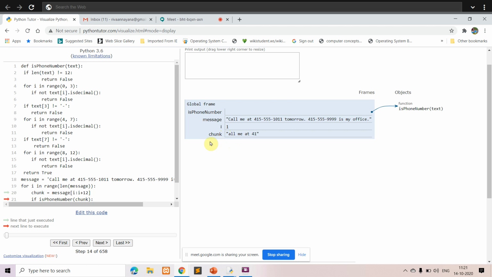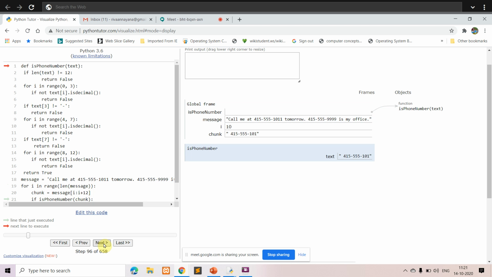The C is done, you're done with C, because here it is not matching. Next you go for the next character, that is A. Again the same thing will be repeated, it's not a decimal value, not a hyphen. So like this it will be repeated for all the characters. So I'll just move ahead with this. So it is repeated for everything until you get a decimal value. So like this the processing happens.